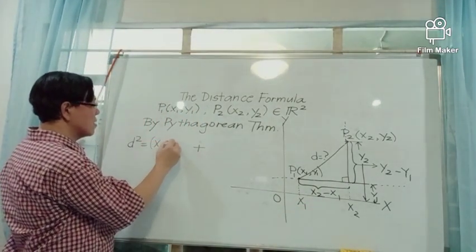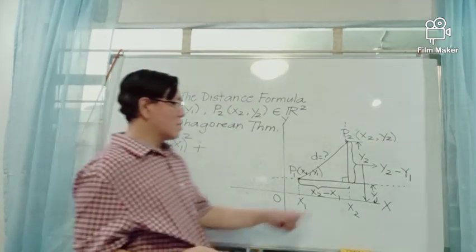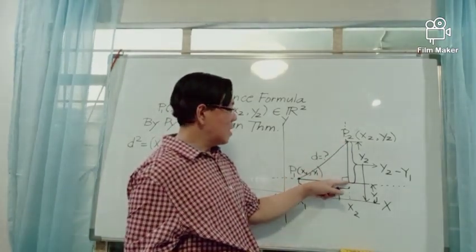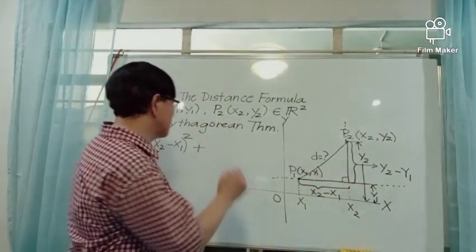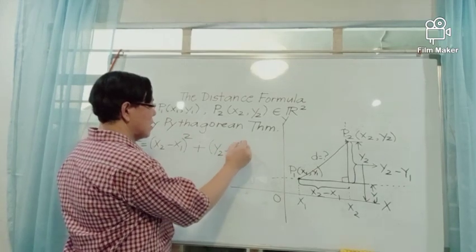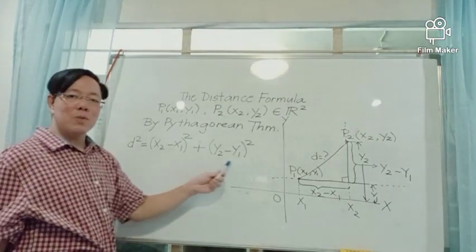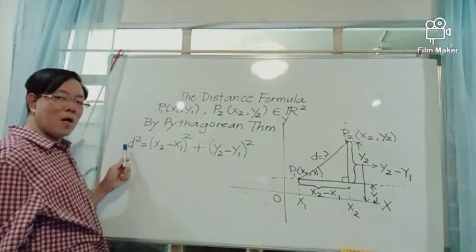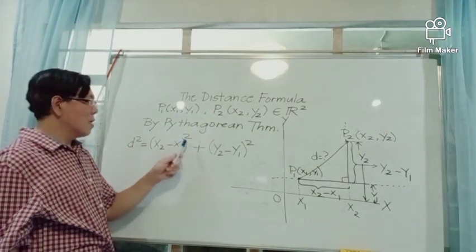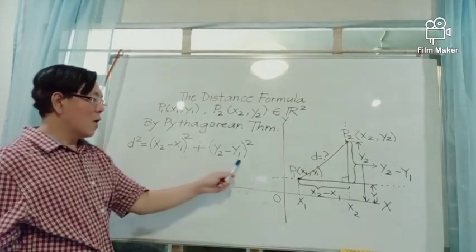x2 minus x1, square it, plus the square of the length of this leg of this right triangle. The length of this leg is y2 minus y1 squared. This is the Pythagorean theorem in symbols. The square of the hypotenuse is equal to the sum of the squares of the legs of the